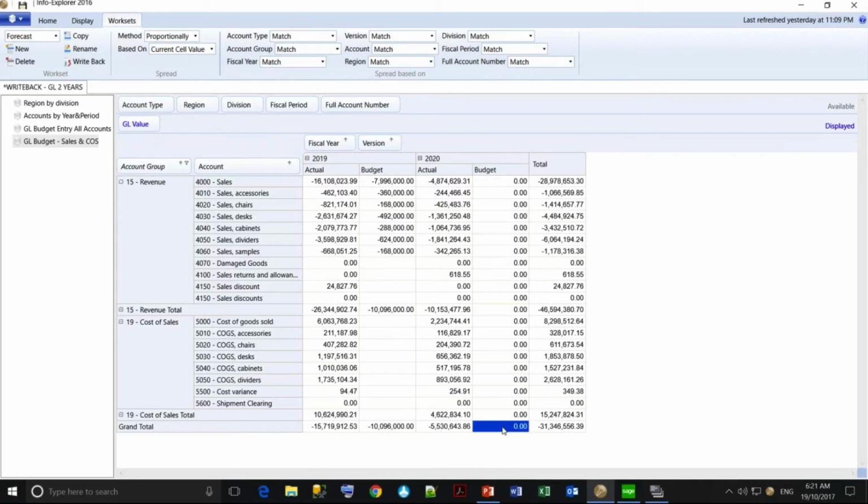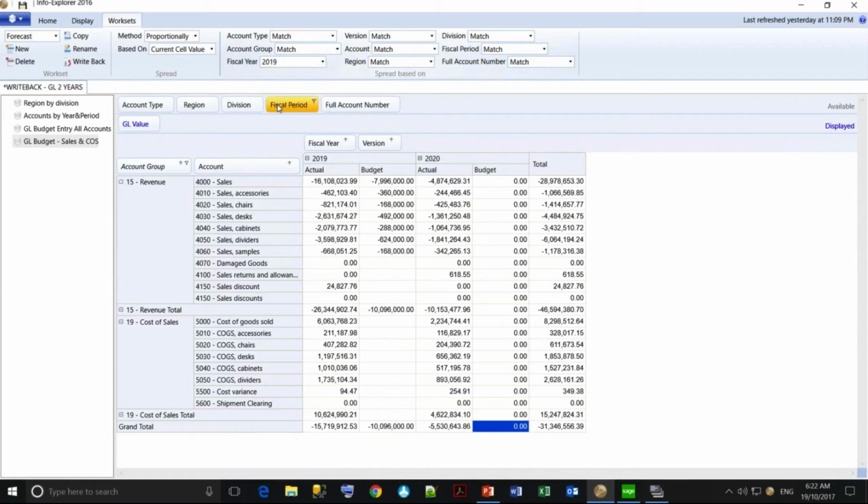What I need to do is enter that in my budget figure. But when you're entering a total, for example the result of sales minus cost of sales, at a high level like that, you need to tell the cube how to spread that total back into the underlying records that make it up. If I just keyed in a value and told it to spread proportionately based on the current cell value, it would spread based on zeros, which effectively spreads 0 back into the entire budget. But if I change it to spread, instead of matching my fiscal year, instead of matching to